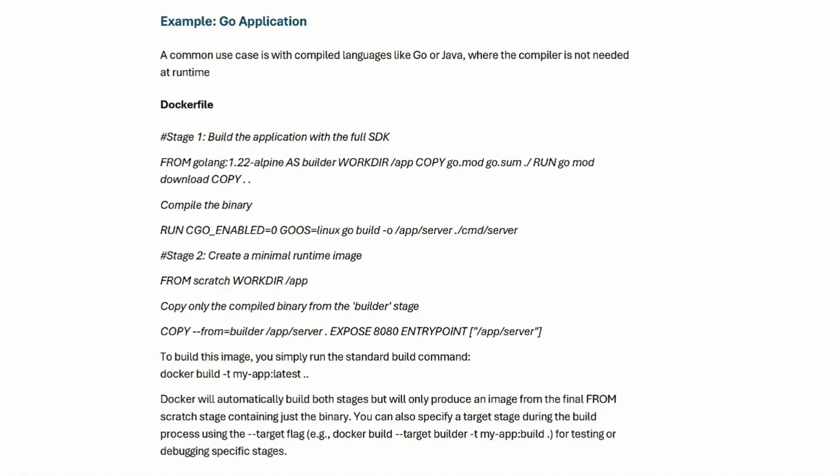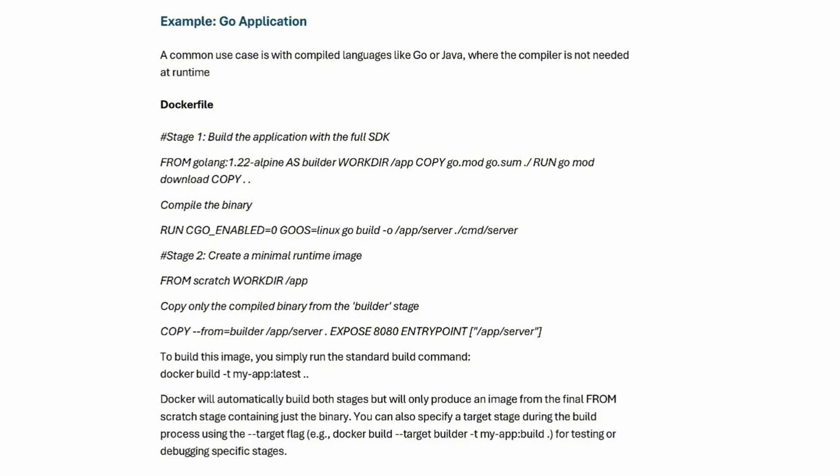FROM golang:1.22-alpine, this is the lightweight Alpine Linux with the Go SDK. So we're pulling that Alpine image and giving it a reference as builder. The second line is WORKDIR, the working directory, that is /app. We want to have a separate directory, that is /app.